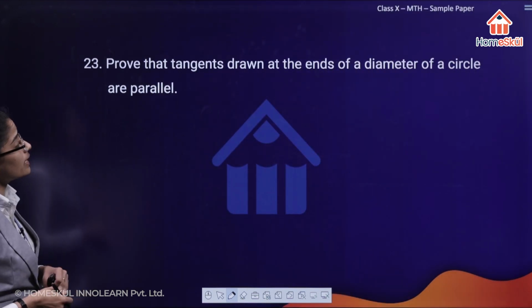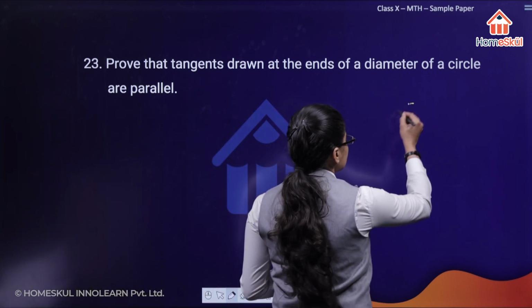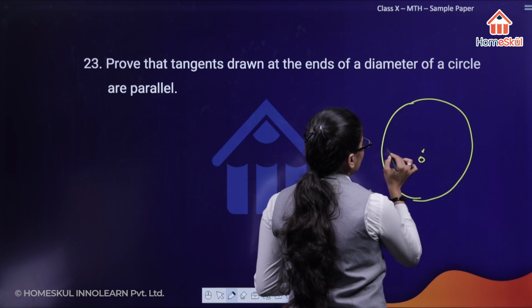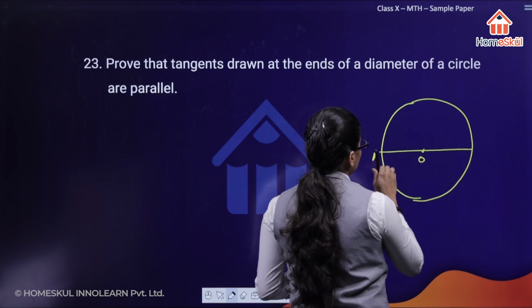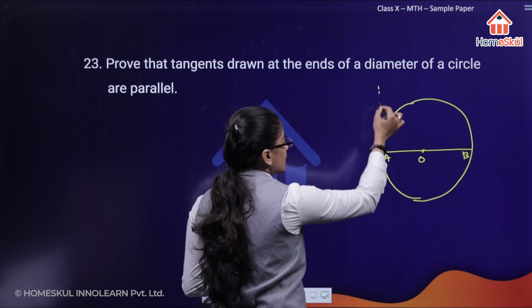Prove that the tangents drawn at the ends of a diameter of a circle are parallel. Okay? So let's consider a circle with center O. And we are considering a diameter AB passing through the center O. There we will consider